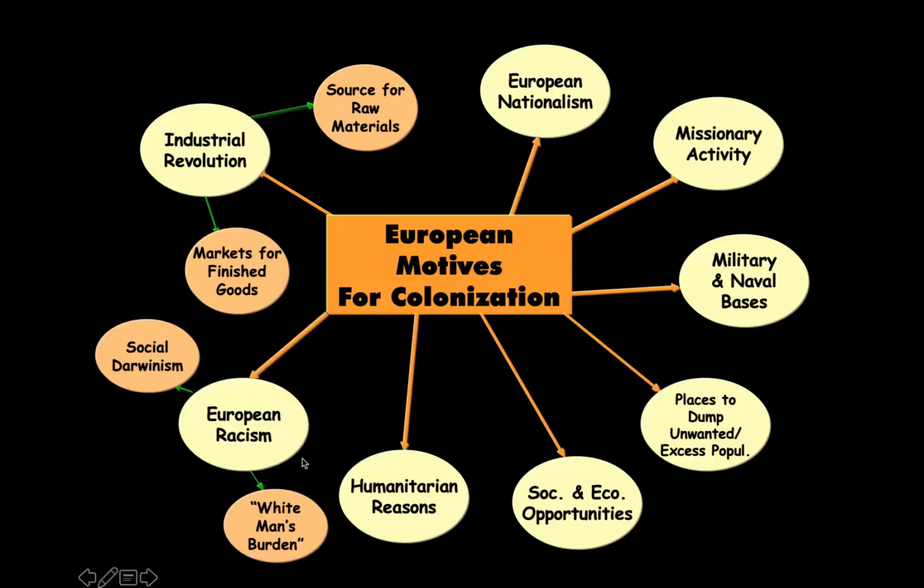And then finally, you have all of this that leads really into everything else, which is the European racism, this viewpoint that your country and your kind of people are better than other kinds of peoples. And when you blend that with social Darwinism, which is that idea of the survival of the fittest that Darwin never said, but the business and political community did, right? And of course, this philosophy of the white man's burden, you put this together and you've got great motivations for colonizing, not just for money, but also for the spread of your idiom around the world. We'll talk more about this, right?